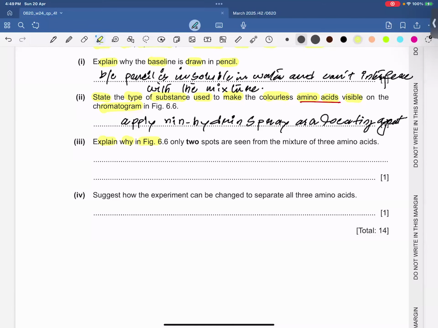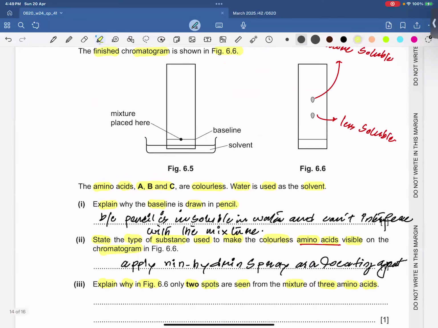Explain why in figure 6.6 only two spots are seen from the mixture of three amino acids. Because